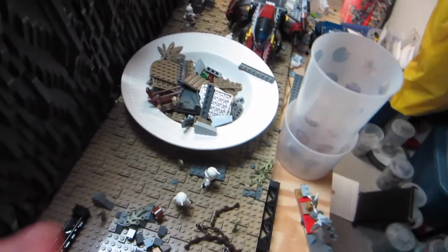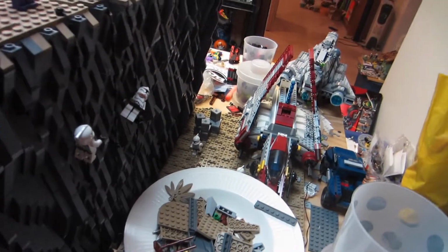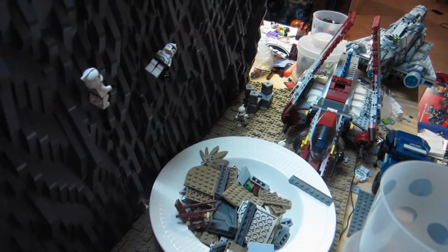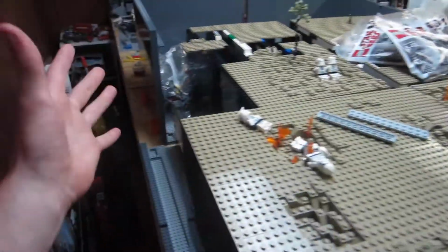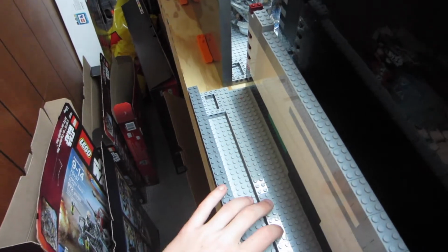And then we do have the bottom pretty much completely plated, just some more detailing stuff to add. I'm working on some stuff over there that we'll talk about another week. But it's looking good. So without further ado,